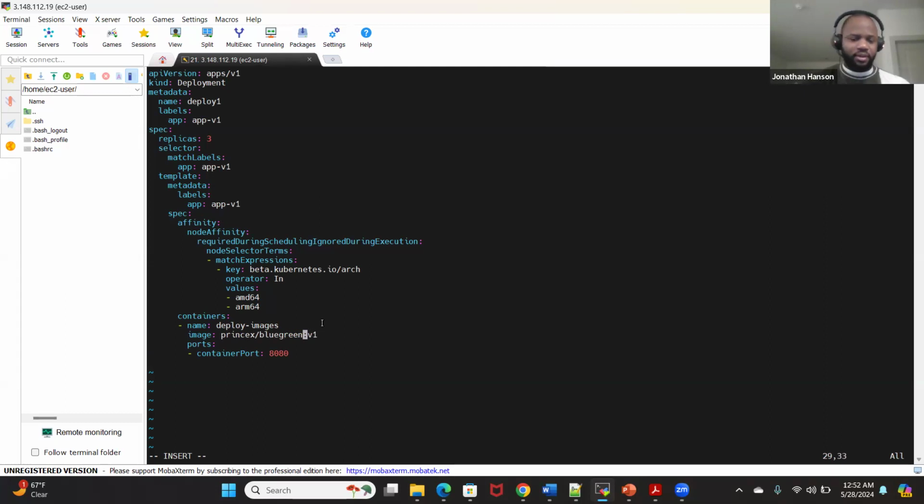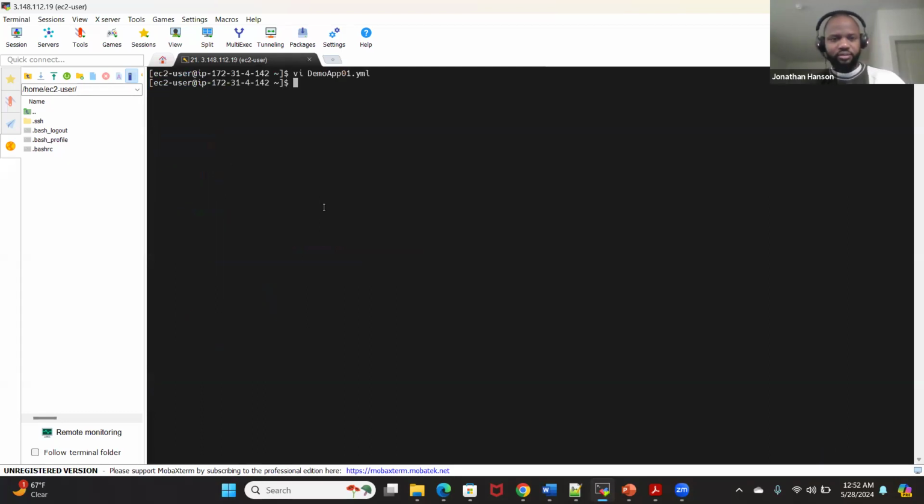Let me confirm if my image is right. Okay, so this is the image we are going to deploy. This is the Docker image we are going to deploy. So everything looks good. We escape, :wq, enter. Now, after this, we are going to